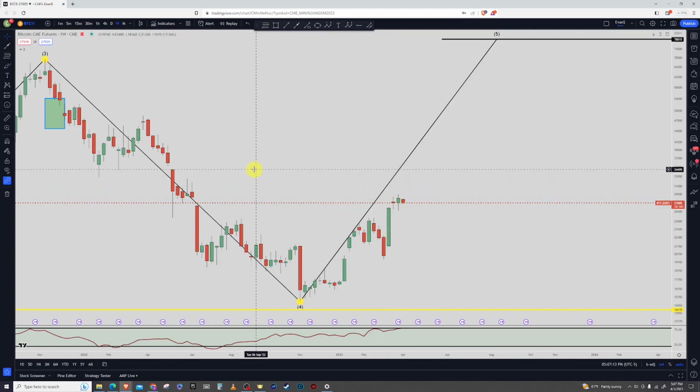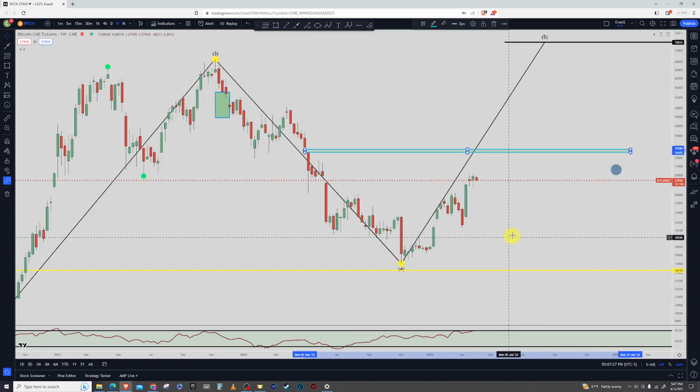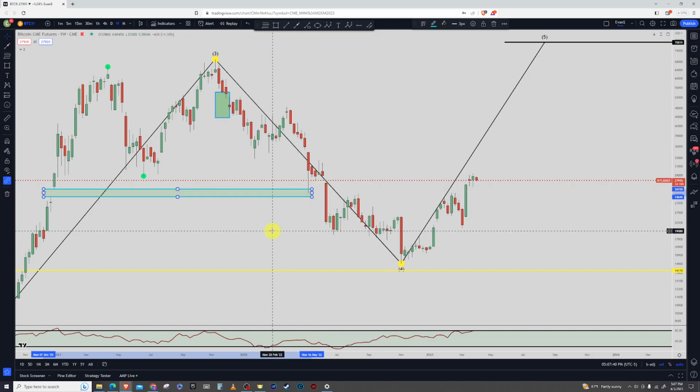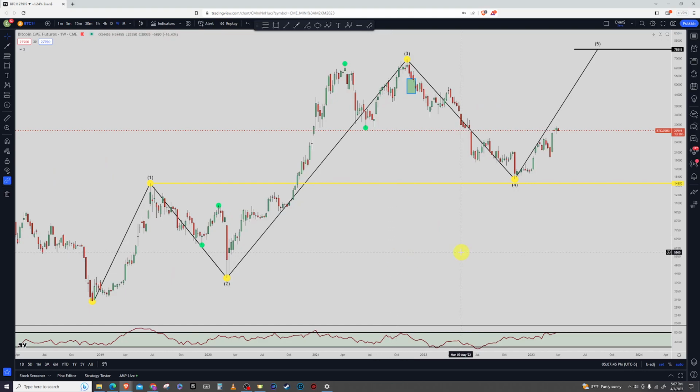So looking up here, there is a small little gap right up here in this area as well, going back from almost 35,000 up to about 35,155. So that could kind of be the next target level that we're looking for Bitcoin to go up there and hit. They kind of act as little magnets for it, because here we had one earlier way down over here. Price came down and filled that candle. So that could be the next one we're looking for, but that's what I'm looking for, my Bitcoin price